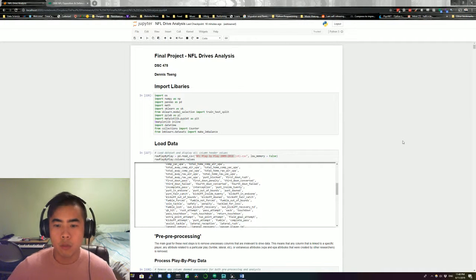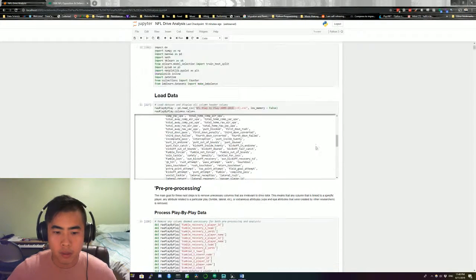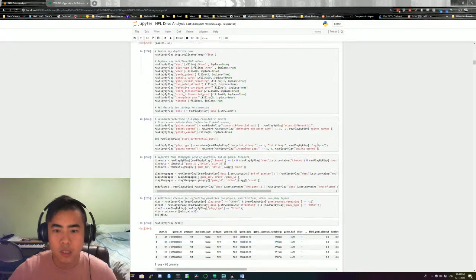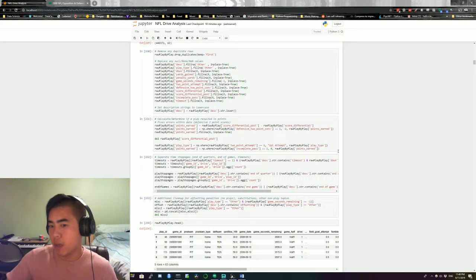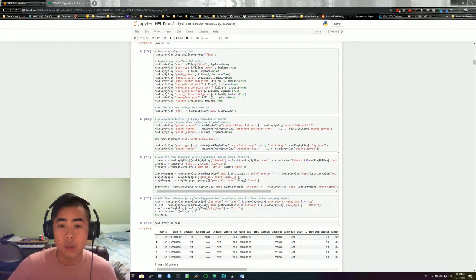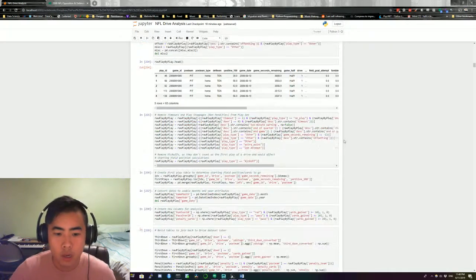So to build off of what I did in the last project, I took play-by-play data and cleaned everything up in terms of inconsistencies and plays that didn't make sense, and then I did some feature creation to make sure that I'm setting myself up for when I group and aggregate everything into drives. Plays essentially make up drives, and I want to make sure that things I can identify within specific plays also carry over.